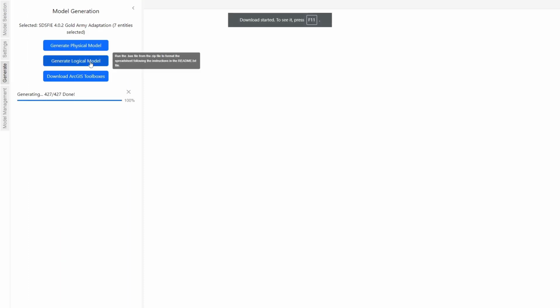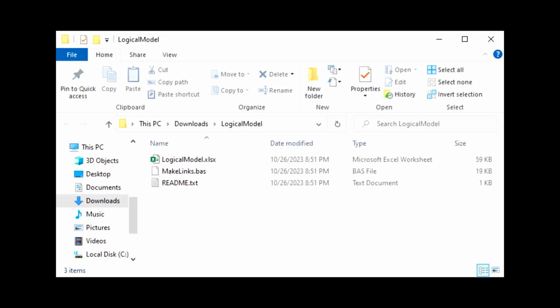Pressing the Generate Logical Model button, our last interaction with Model Viewer in this use case, extracts the elements from the Army model and creates a zip file that is downloaded to my computer. If I go to my downloads and find the logicalmodel.zip file and extract that file to a new logical model folder, then I see that the zip file contained 3 files: a